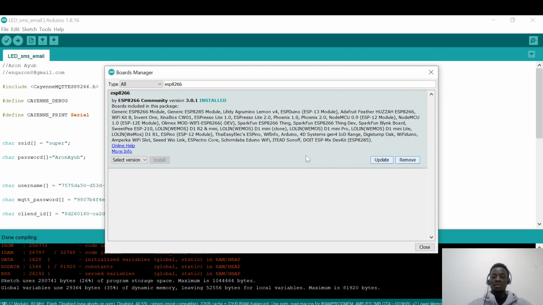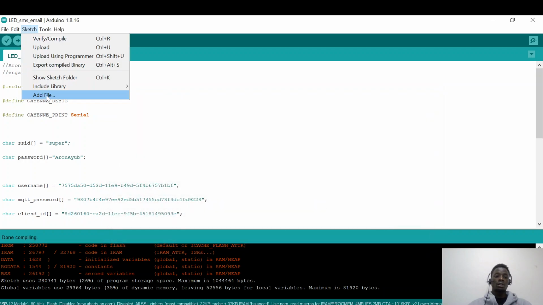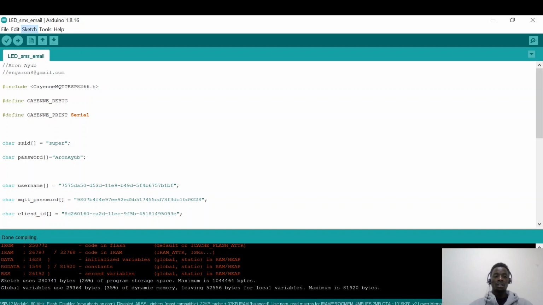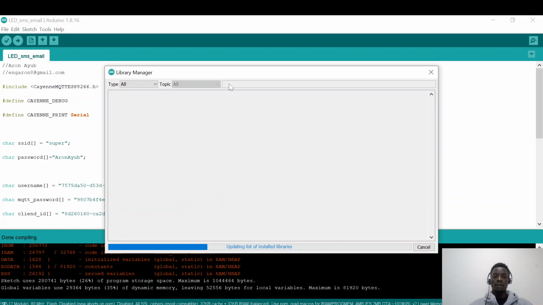After you install them, I already installed them, so they are already here. You need the last libraries, and that is on Sketch. Go into Sketch, Library, go into Manage Libraries, and you have to add